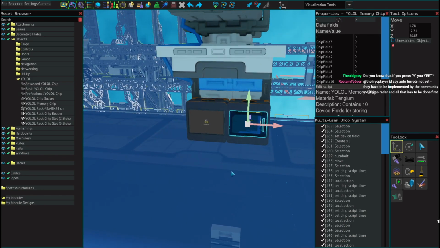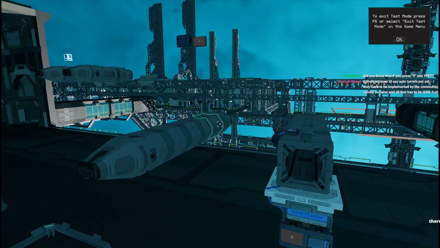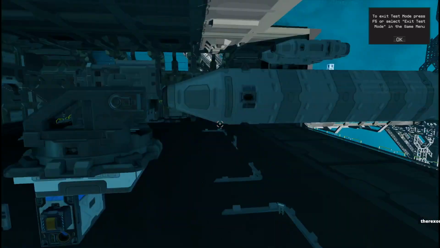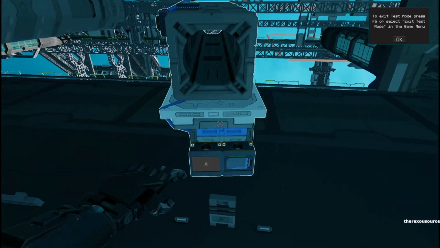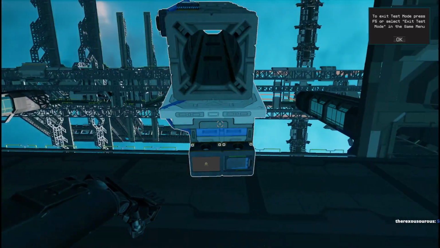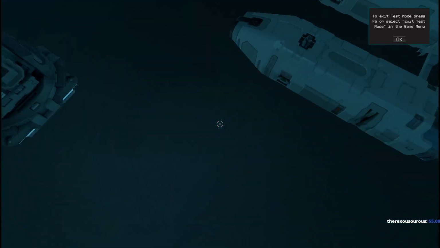You know, that seems a little sus. If you press Y, I can confirm you do not yeet. Now, alright, if you press Alt F4, yeah, then you'll yeet. So that's a good one to try. We'll just go through the...